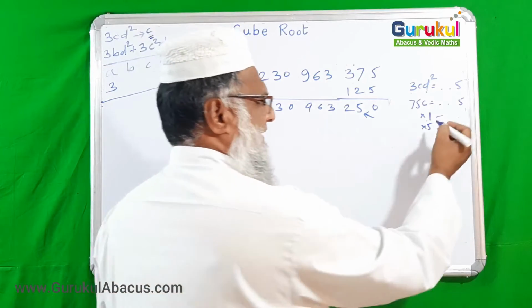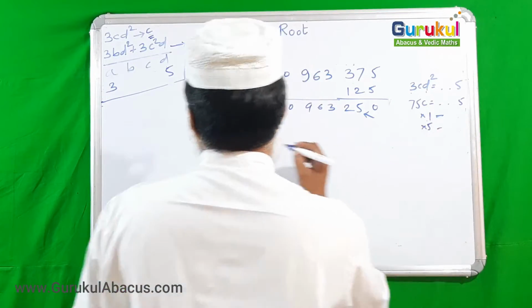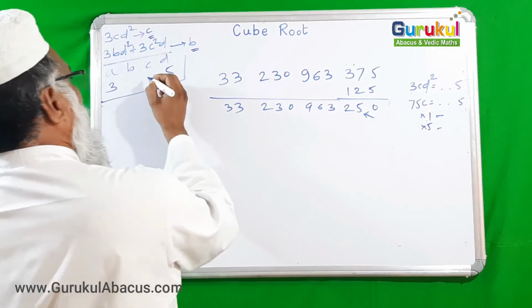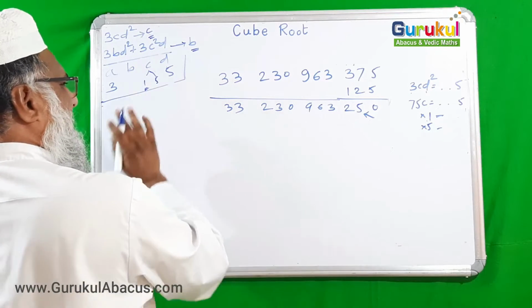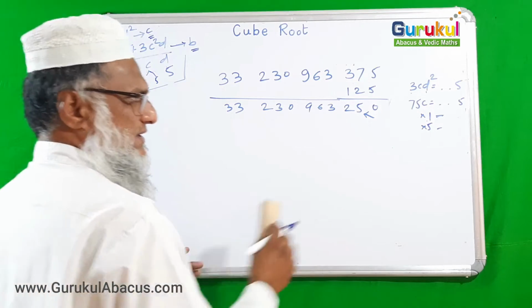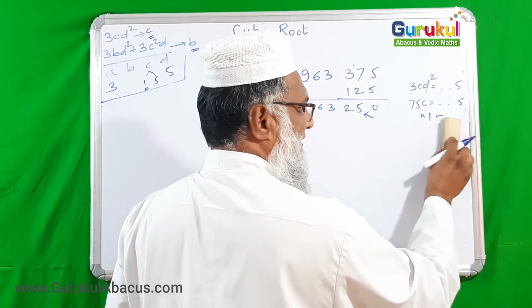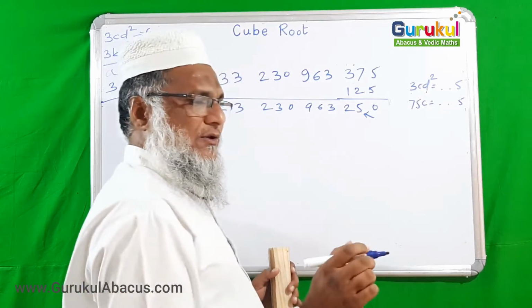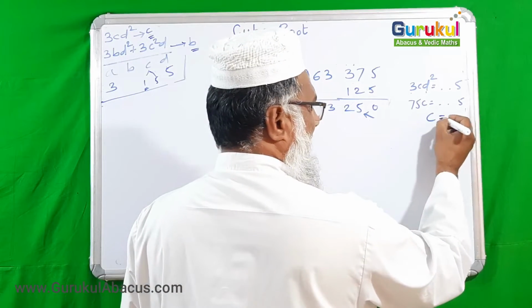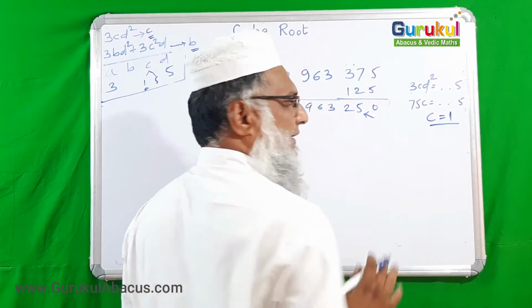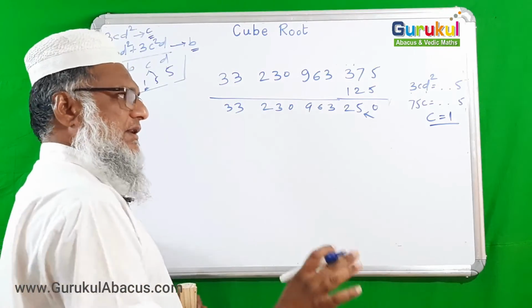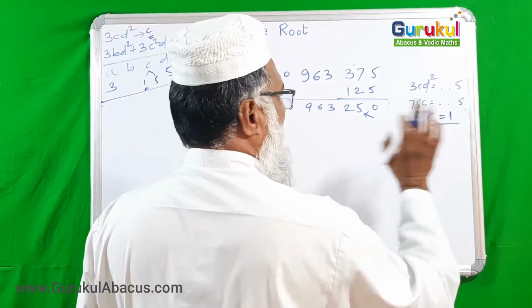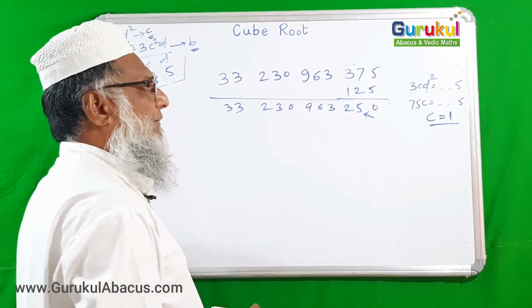Let us suppose that the value of C may be 1 or 5, but in the beginning just suppose C is 1. We have to suppose only. We have found two values, but here we are supposing C is 1. What to do afterwards, we will think. So we got temporarily C is equal to 1.